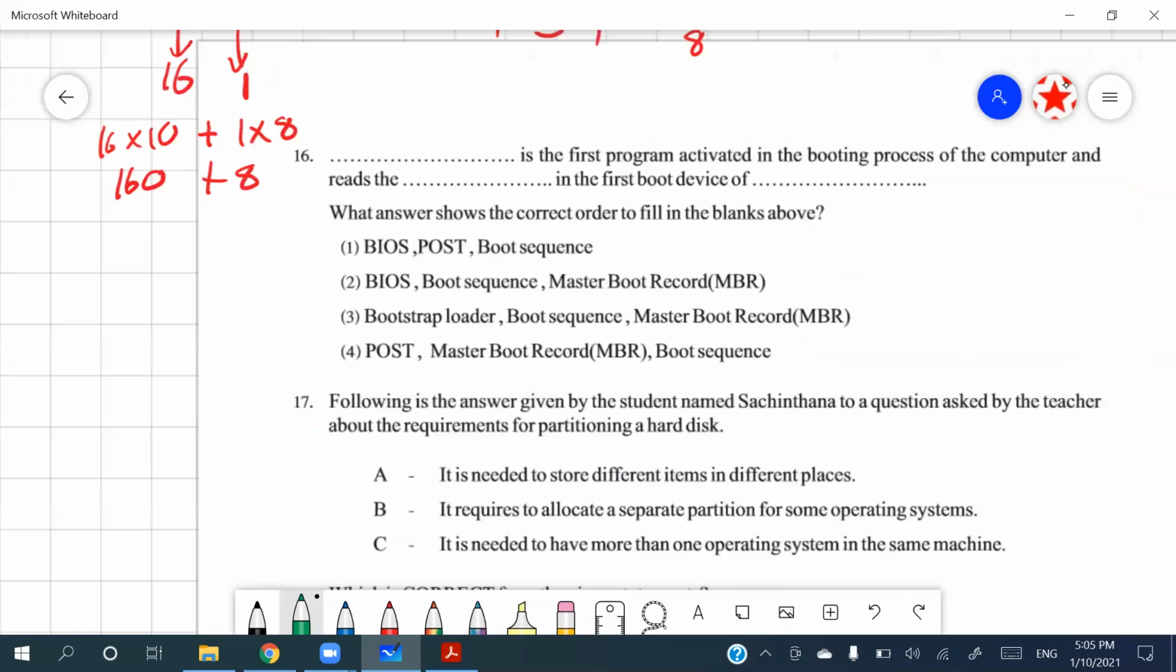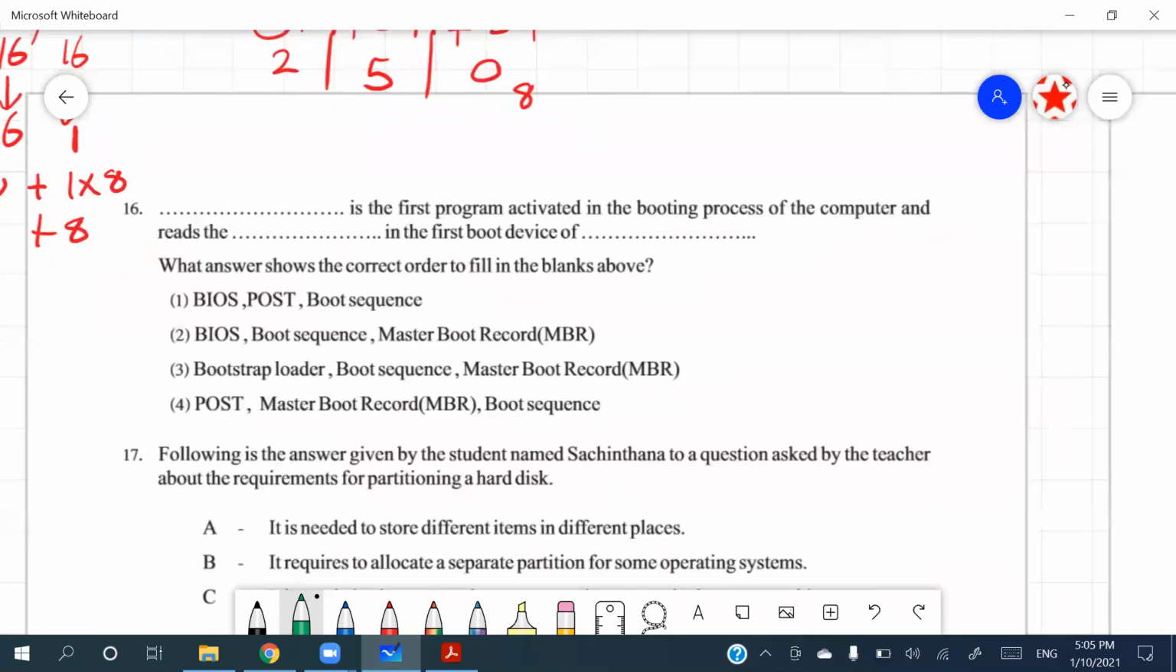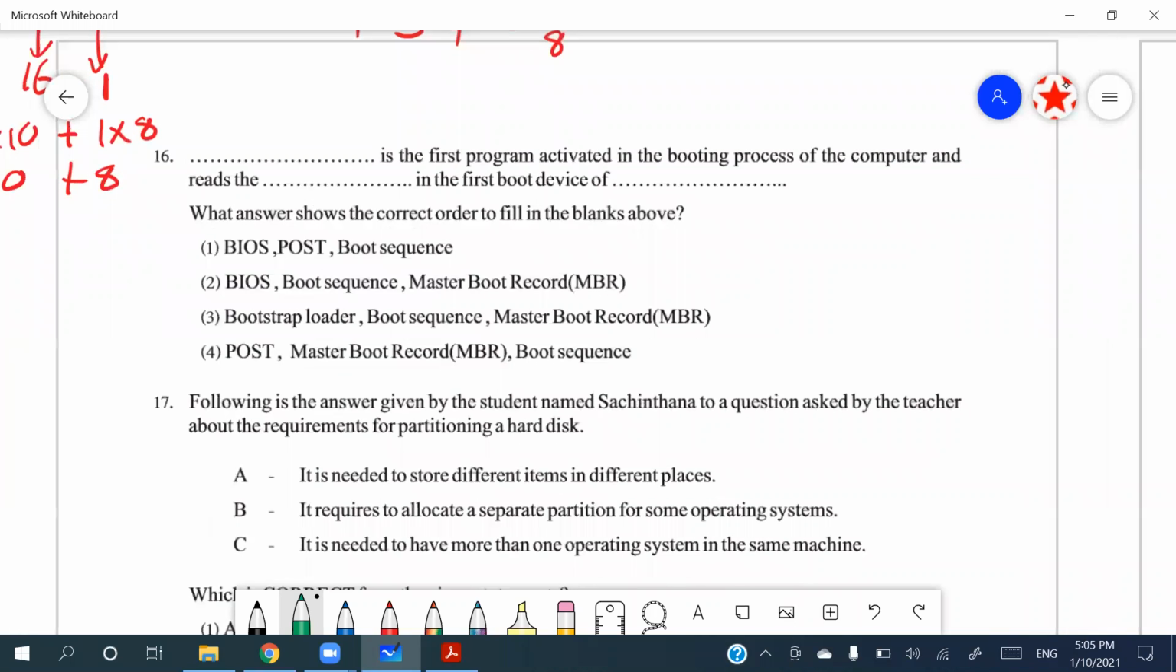So the 16th question, you have some things to get filled up. Blank is the first program activated in the booting process of the computer and reads blank in the first boot device of, again, blank is there. According to the answers, we have BIOS, POST, boot sequence, the master boot record, bootstrap loader is also there. So the first program activated in the booting process is going to be